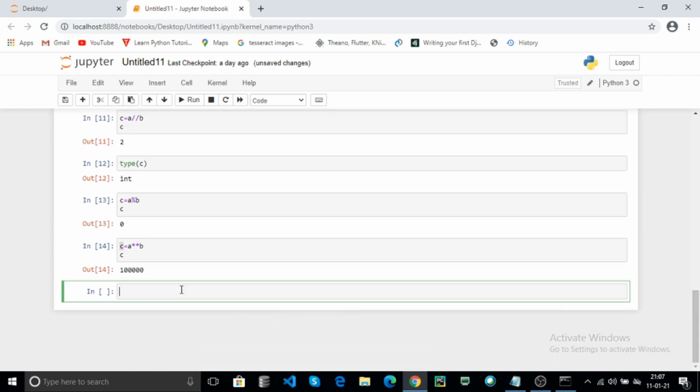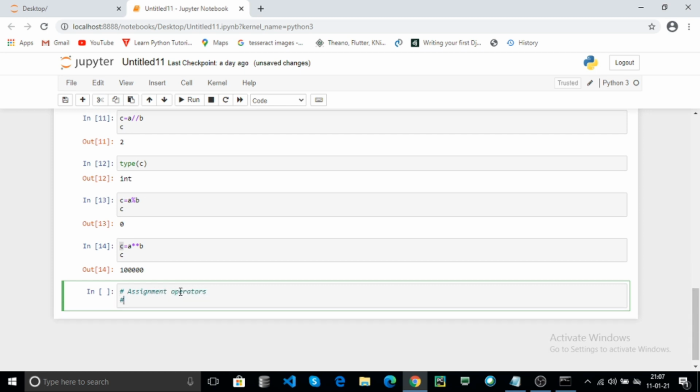Now assignment operators. What are the assignment operators? They assign some value to a particular variable or add some extra data to already existing variables. Assignment operators are equal to, plus equal to, minus equal to, multiplication equal to, floating division equal to, integer division equal to, mod equal to, power equal to.